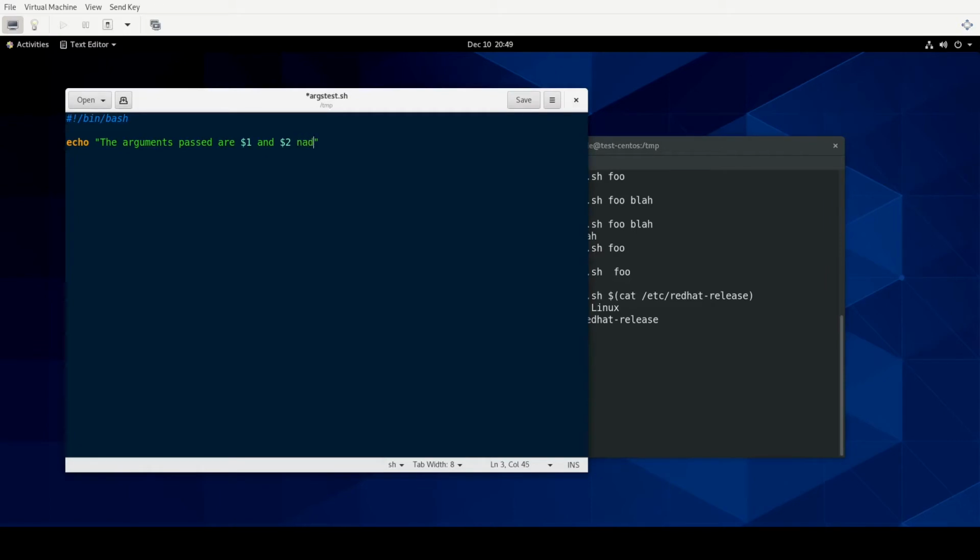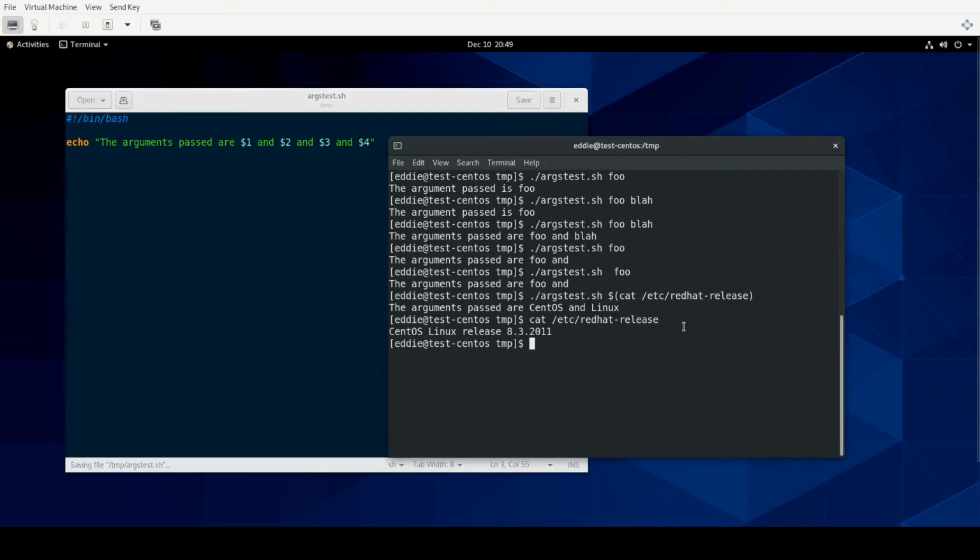If you were to do 3 and 4, we do the same script again. Notice how each item delimited by spaces is fed into this as arguments. There are a couple other special variables with this, and one of which is the $